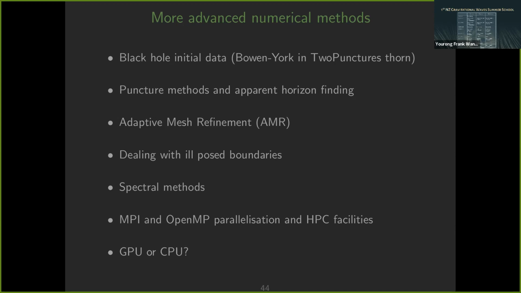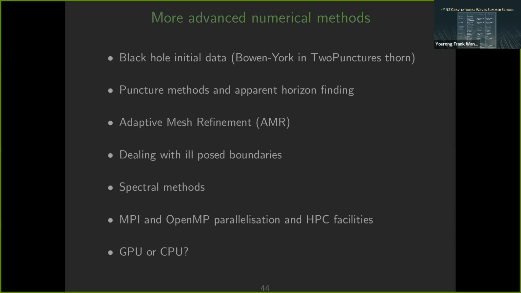There are the apparent horizon finding algorithms, which I've been playing around with a summer student, looking at where exactly the horizon is for the black holes. And these are very important for tracking the punctures, very important for adaptive mesh refinement, which is looking at around the black holes where the most dynamics is happening. You want to have a finer grid, and usually